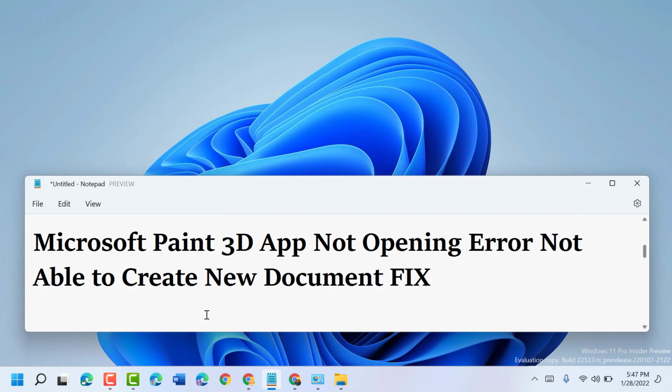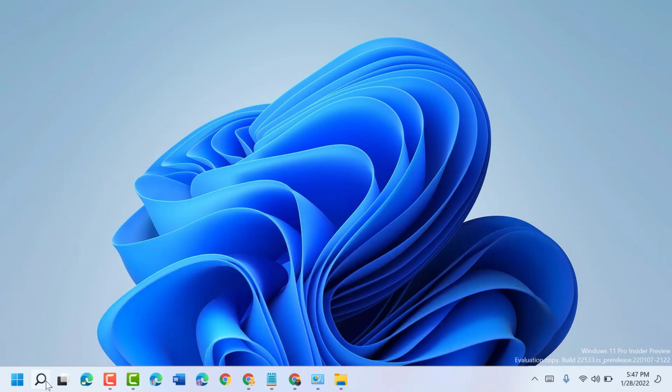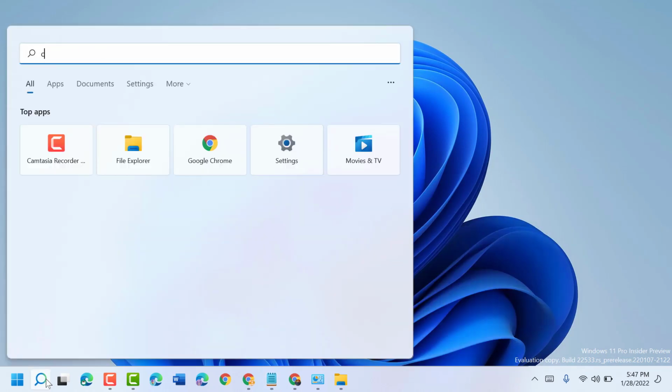Hello friends, today in this video I'm going to show you how to fix Microsoft Paint 3D app not opening error. So guys, if you are not able to create a new document in Microsoft Paint 3D, just follow some easy steps. Firstly click on Start, type CMD,